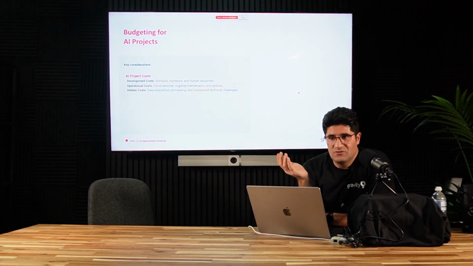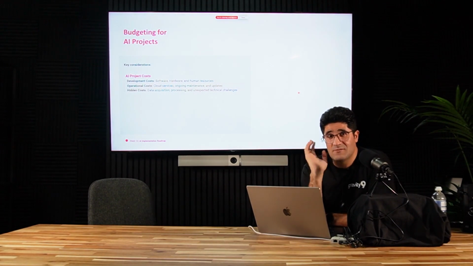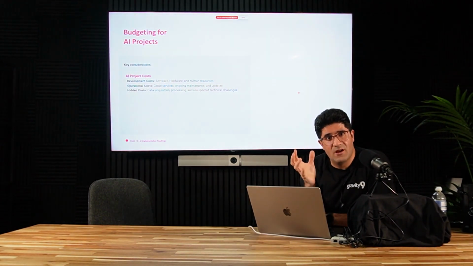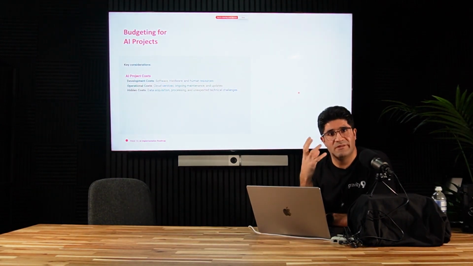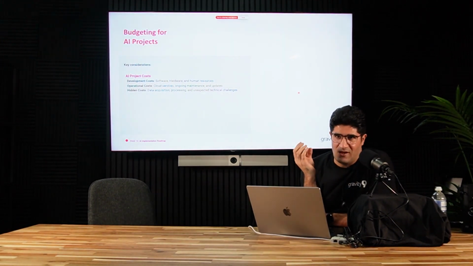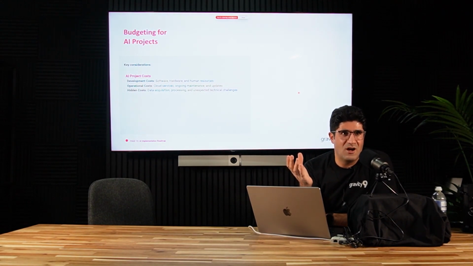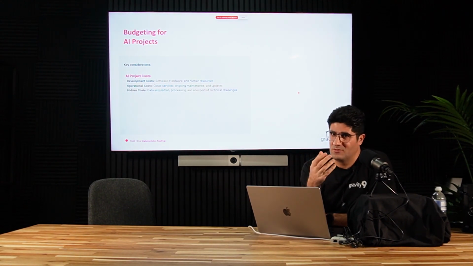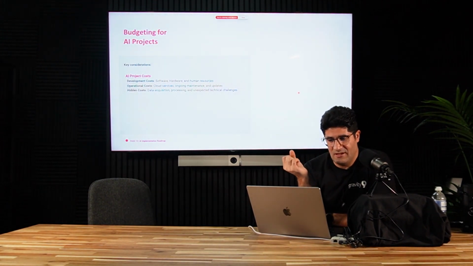Software, people who they want to develop, hardware you need. So this is the development part of the cost that is related to the development of the AI system. Operational cost: when you train the model, and now you want to put this model in a production environment and keep it using this system. So it could be a cloud service, it could be a cost for ongoing maintenance or tracking of the system, or maybe updating the AI system.